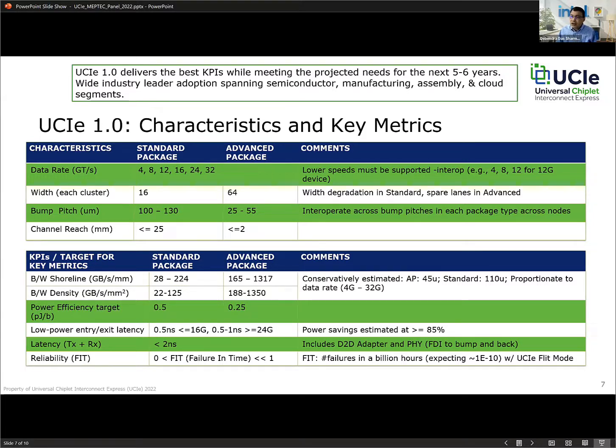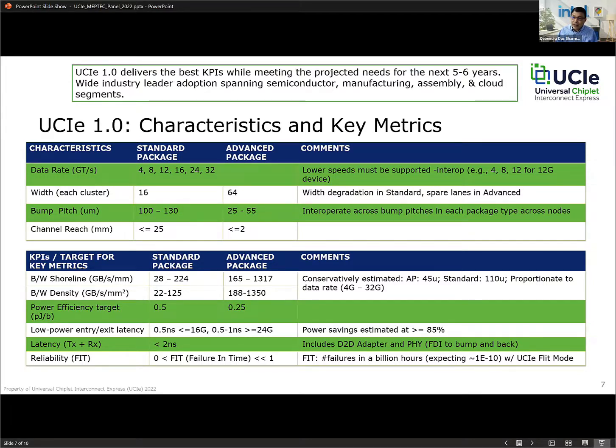So you can see that these are orders of magnitude better density. And why is that? That's because of a lot of work we have done to effectively optimize for the short distance that we have. That's where a lot of this specification that goes into the die-to-die adapter as well as the physical layer that I showed comes into the picture. As a result, now if you merge that with co-packaged optics, you've got a very good solution where